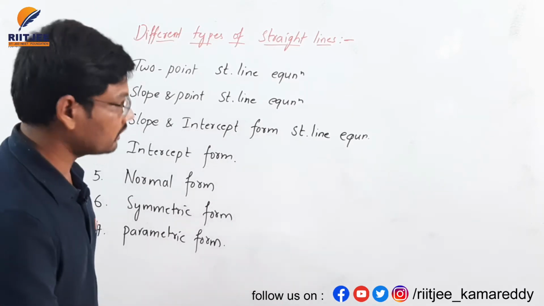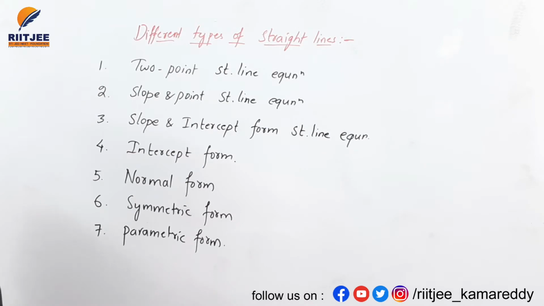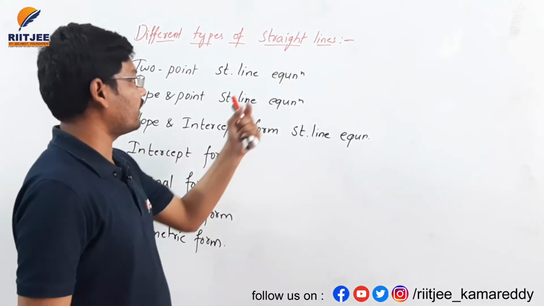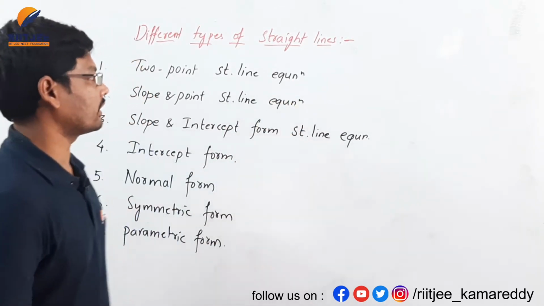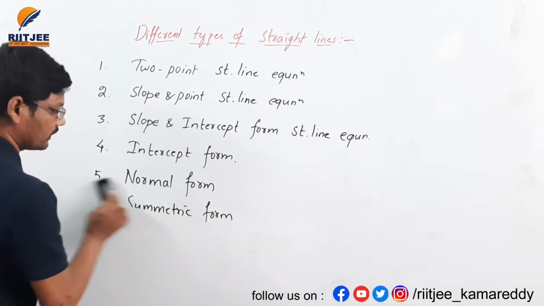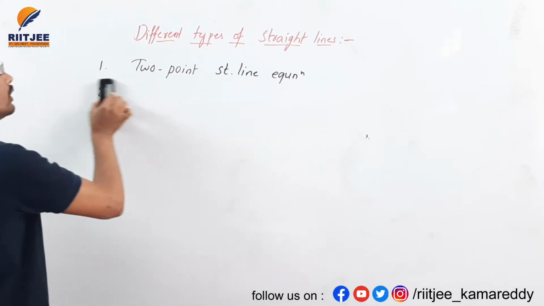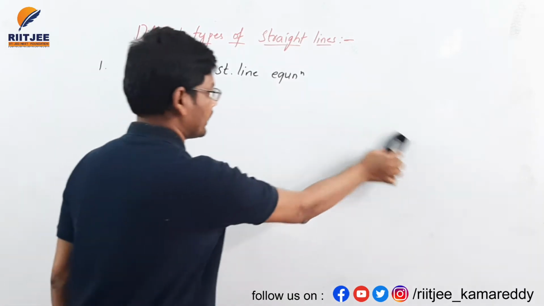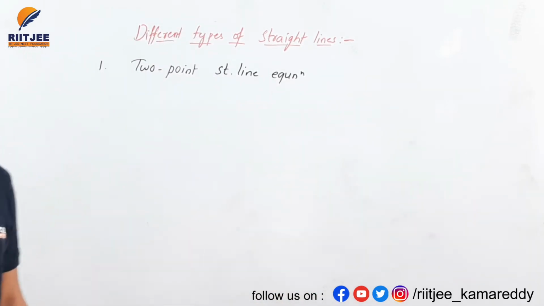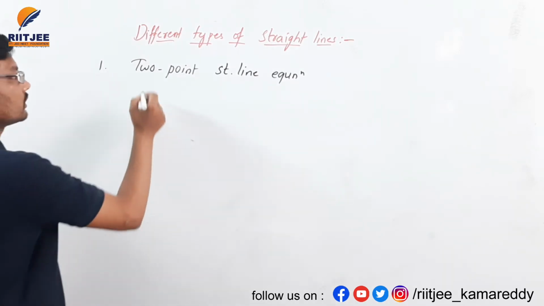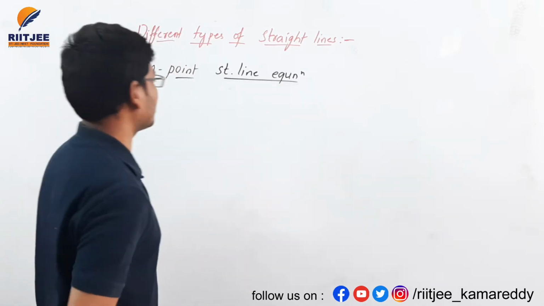And this is all about different types of straight line equation, and we will discuss each and every straight line equation here briefly. And the first one is 2-point straight line equation. So the 2-point straight line equation contains,